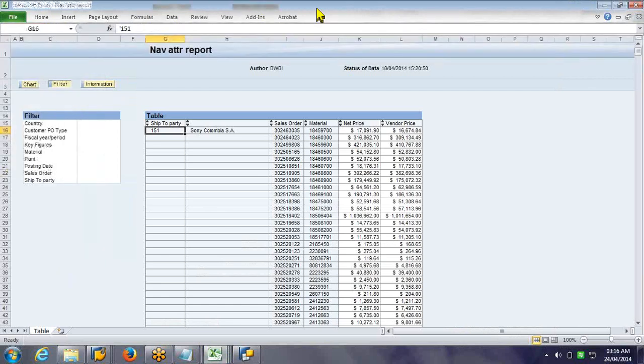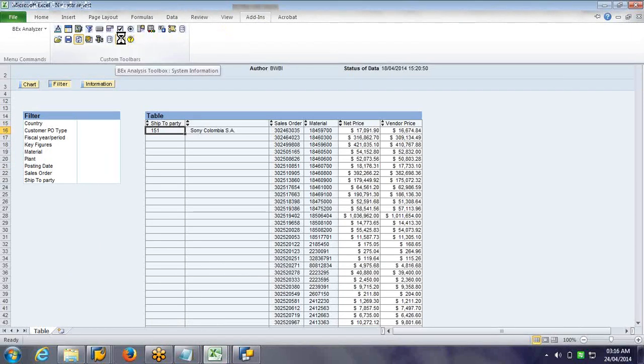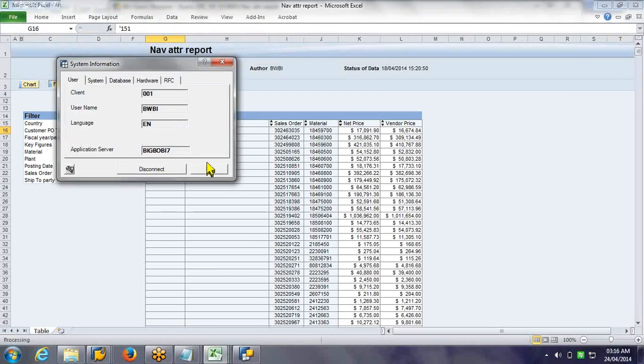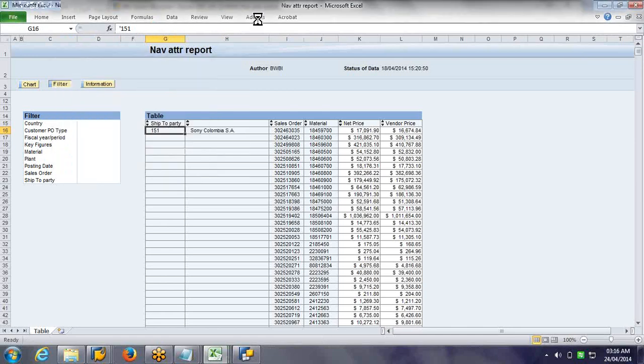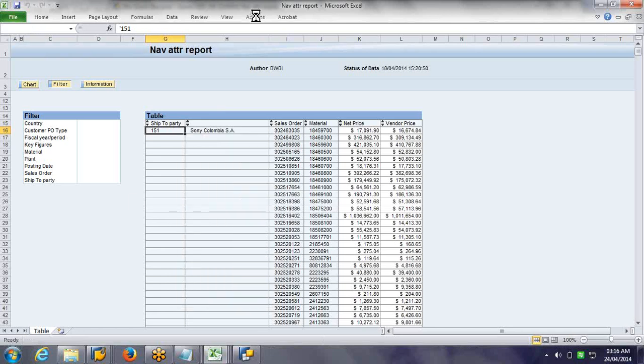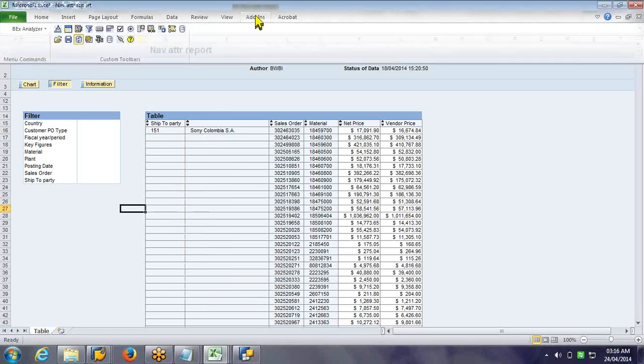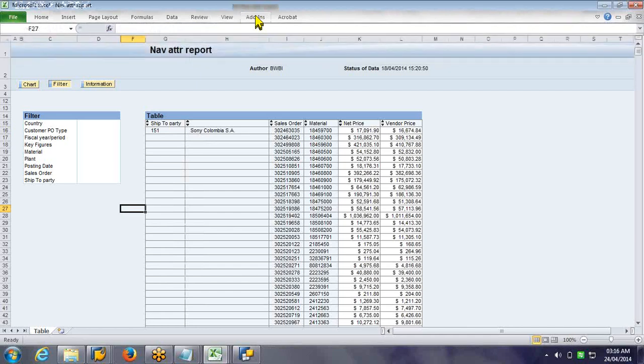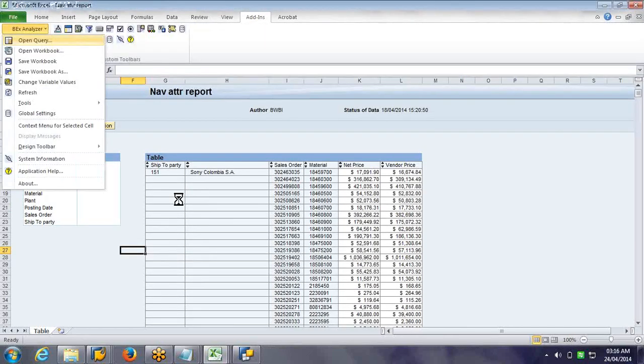If I want to log off and log in, I have an option over here: disconnect and connect. Now refresh the query again, I mean open the query again.